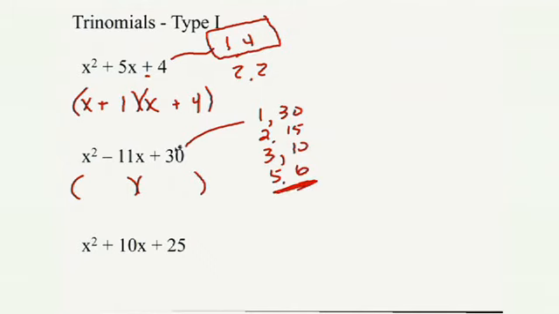Okay, so the only factors of 30 that do add to give us 11 are the 5 and the 6. So again, we start out, put your x's in here and here. Again, the order of 5 and 6 does not matter. And now our signs, since we're adding to get a negative 11, they both have to be negative. Remember, two negatives added together stays negative. Okay, and that is the final answer on that one.